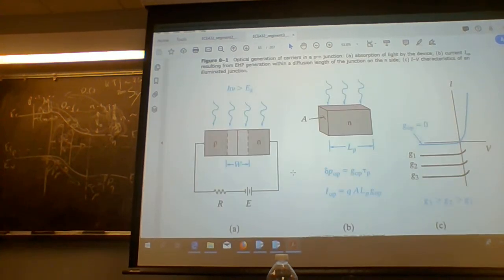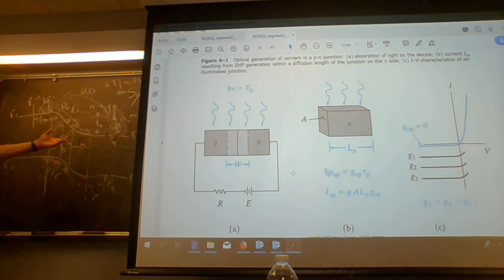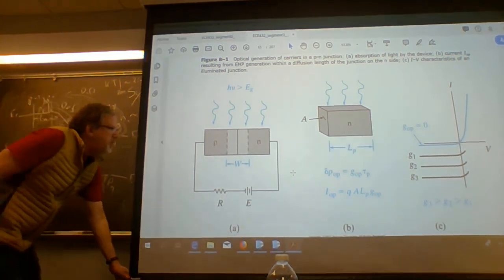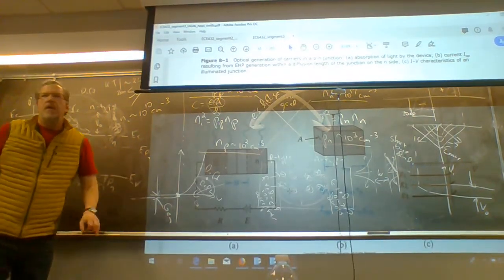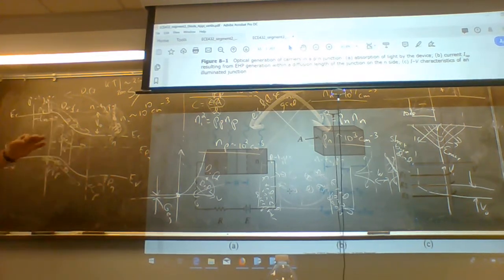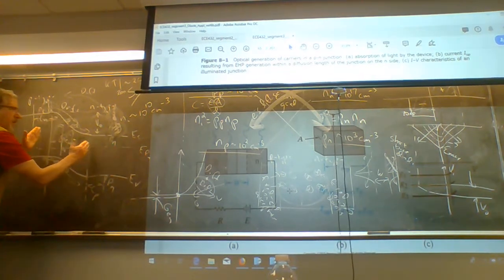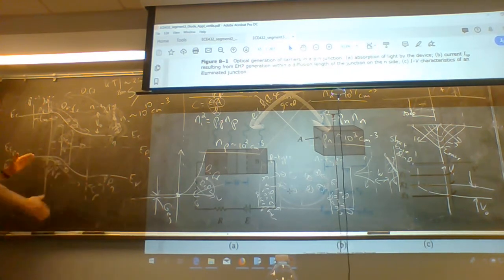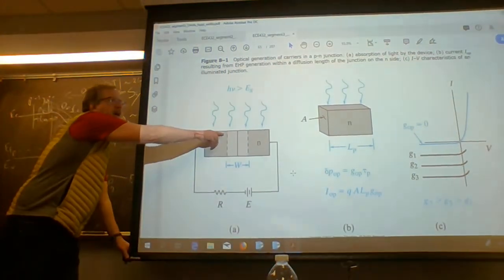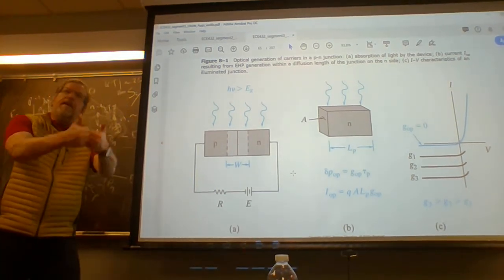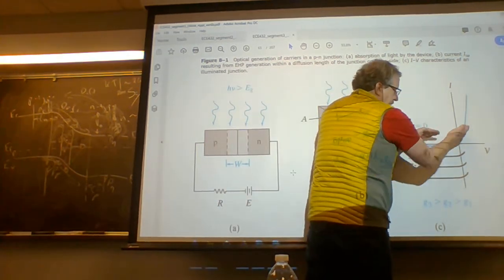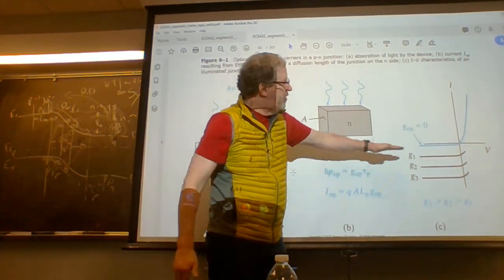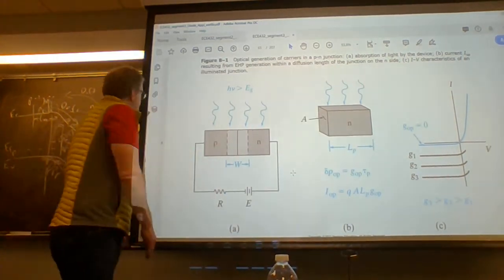And what is the root basis of the reverse saturation current of a diode? The reverse saturation current of a diode is due to generation in or near the depletion region. So what happens when I shine light on it? Don't you think my generation rate has come up, right? So then the whole curve gets shifted down, down, down. The more intensity, it shifts down, down, down. So you're just pulling the IV down,